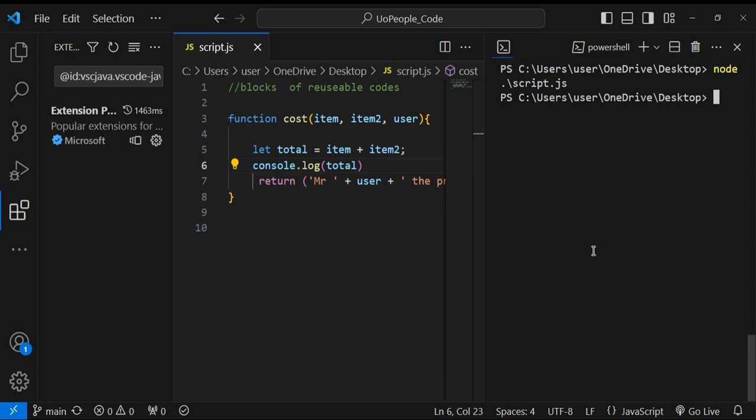I only have variables, so it's nothing, but it is very much seen. How do I know that? Let me take out our return